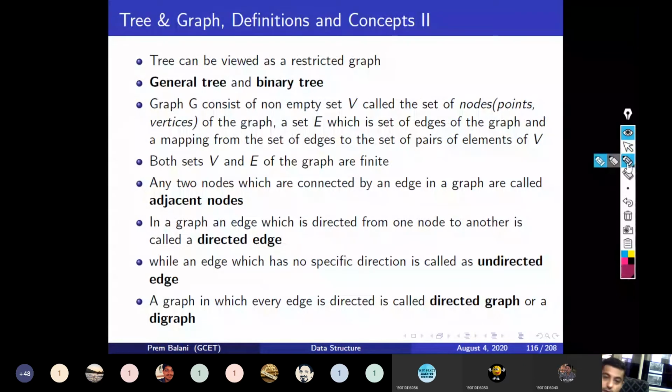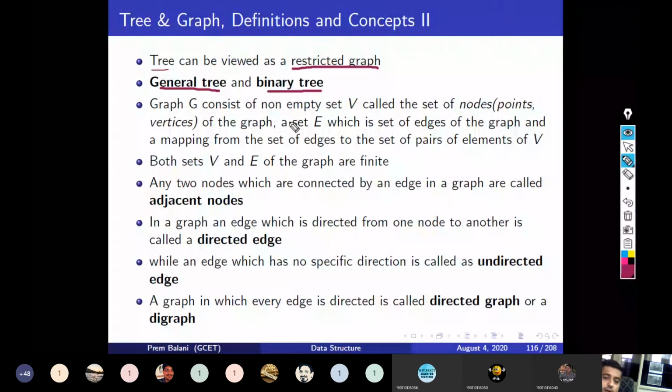Now here in this definitions and concepts, a tree is nothing but a restricted graph. You can consider a tree as a restricted graph, right? And there are two types of trees. There are general trees and there are binary trees, which we will see later on. But in a general tree there are many branches, and in a binary tree only two branches. And